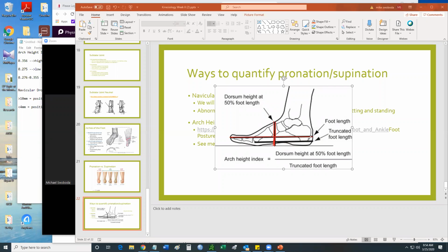So if my foot were, let's say, 12 inches long, so if that were my actual foot length, this would be at the 6-inch mark. And then I measure how tall this is, or how high that is. That's your dorsum height, is just how high your foot is at the halfway mark. So you would measure this, and if I measure mine